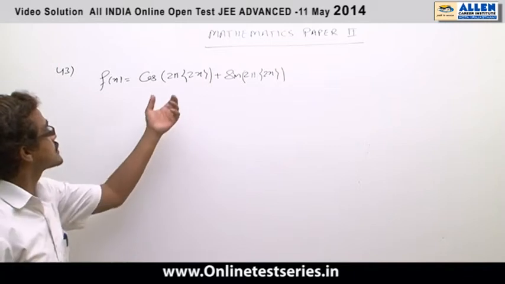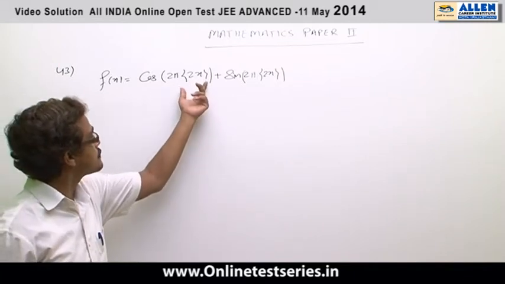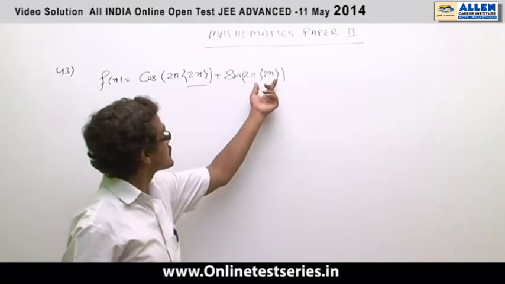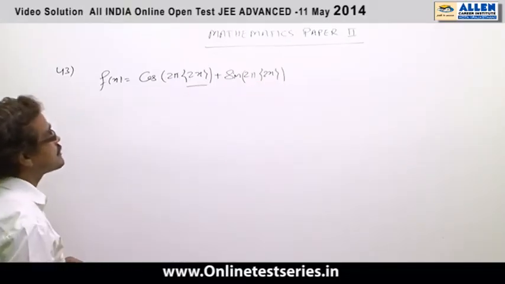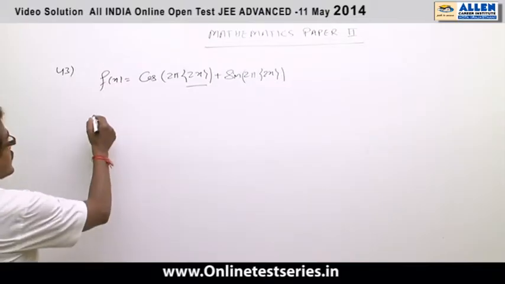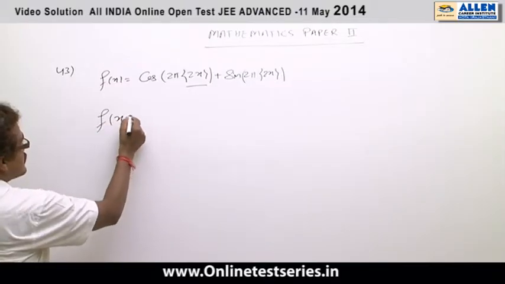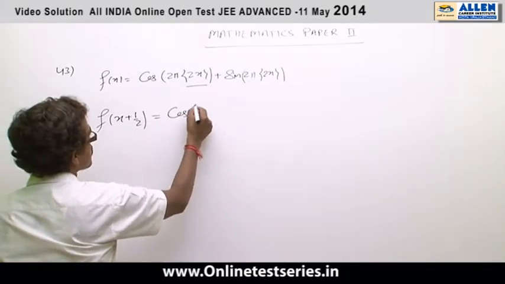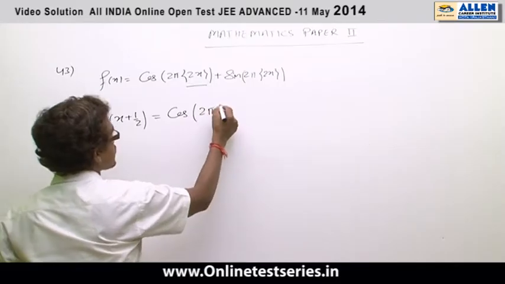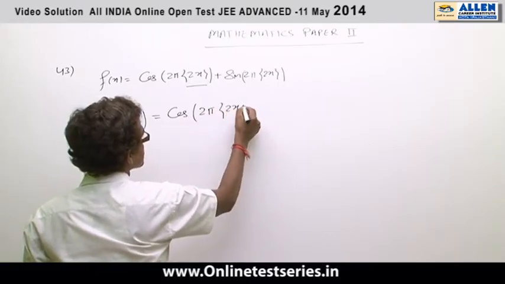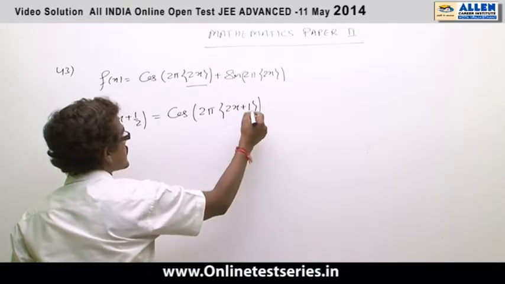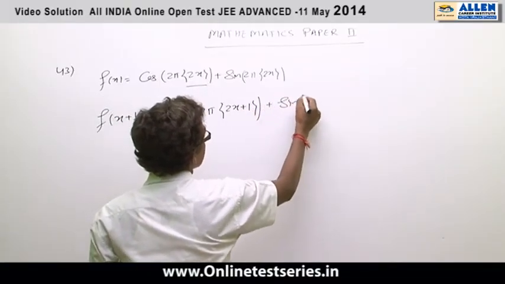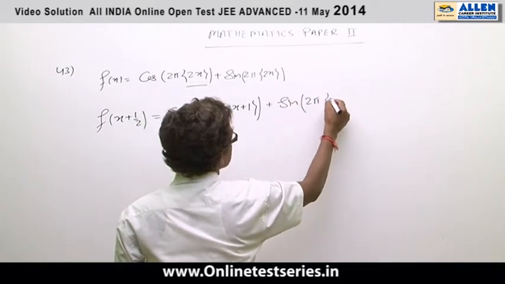and because we know that the period of fractional part of x is 1, the period of fractional part of 2x will be half, as well as fractional part of 2x in this part will also be a periodic function with period half. And we can also conclude this result: f(x + 1/2) is equal to cos of 2 pi fractional part of 2x plus 1, by replacing x equals to x plus half, sine of 2 pi fractional part of 2x